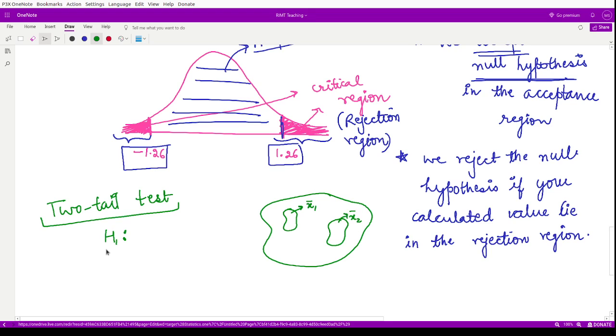So here we wanted to compare the means of these two samples. We wanted to check which one among these two is the best. So we say here that these two means are not equal to each other. This would be our alternative hypothesis, and corresponding to it, we would construct a null hypothesis which states that the two means are equal to each other.